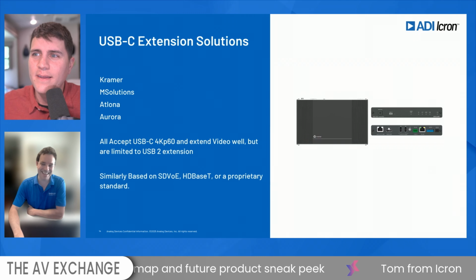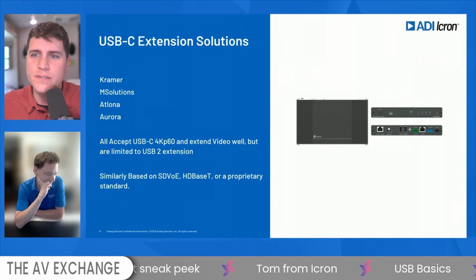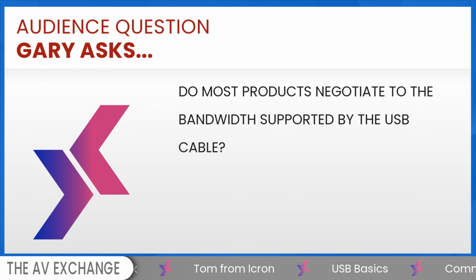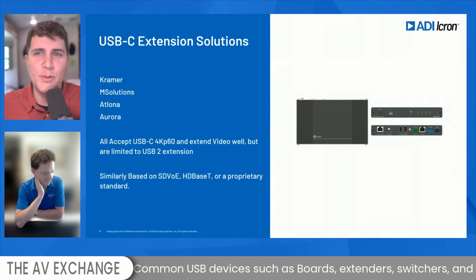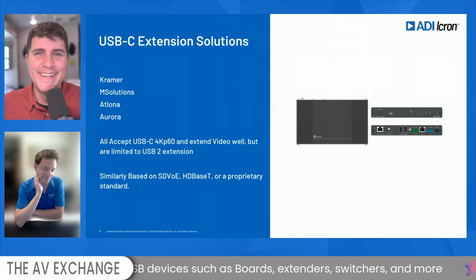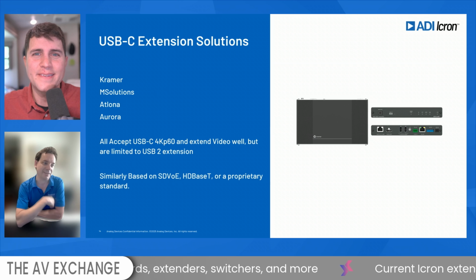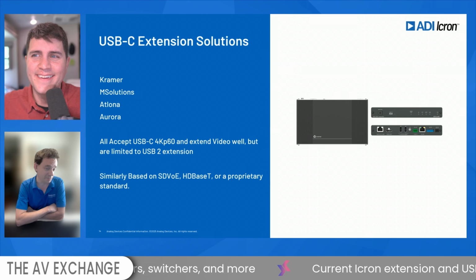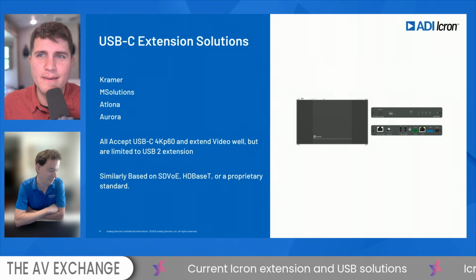I do have a question from Gary here. Let me flip over to that real quick. Gary wants to know if most of the products negotiate the bandwidth supported by the cable. So when you plug in a cable, let's say the product supports 10 gigs, but the cable only supports 5. Will they automatically default down to 5? Do they know that when the cable's plugged in? They're supposed to. Assuming the cable manufacturer did their job and put the settings correctly on the chip that's now inside the cables, then yes, that is absolutely what happens. And if there's no USB 3 connectivity, like the charging cables, they just don't even have that conductor, so it's not even an option. Right? I appreciate it.